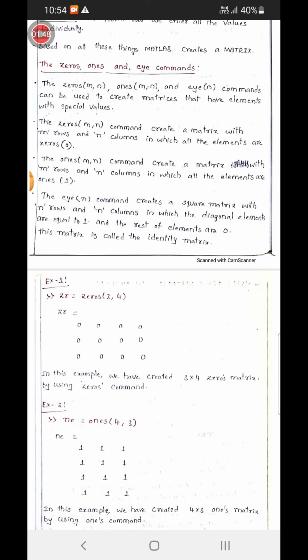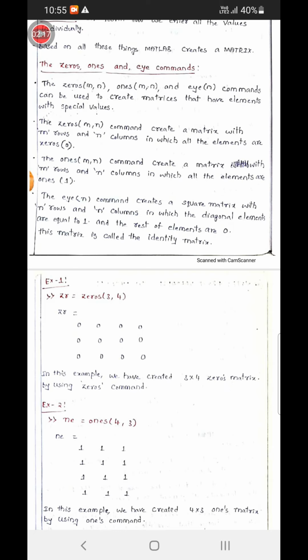Next point, the zeros(m,n) command creates a matrix with m rows and n columns in which all the elements are zeros. Simply we can understand this point.